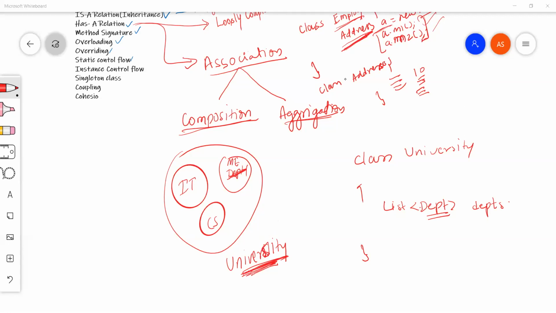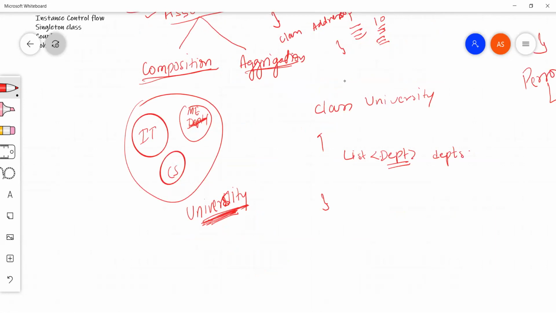No, there won't be any existence of department without university. So if the university is going to close, all the departments will themselves get destroyed.